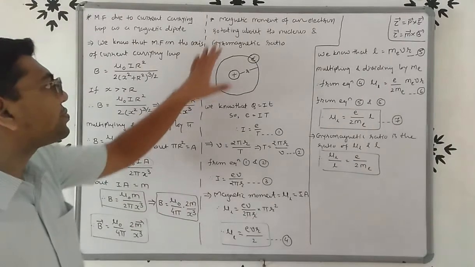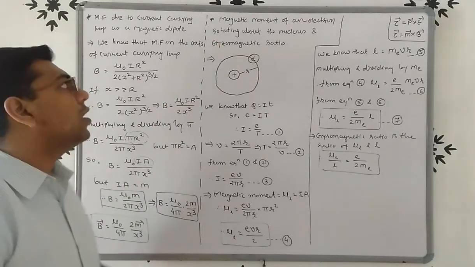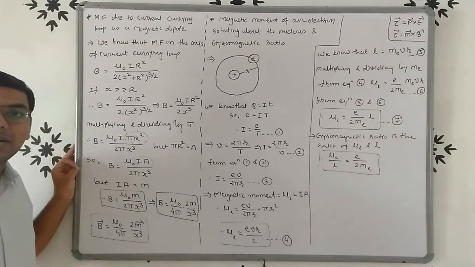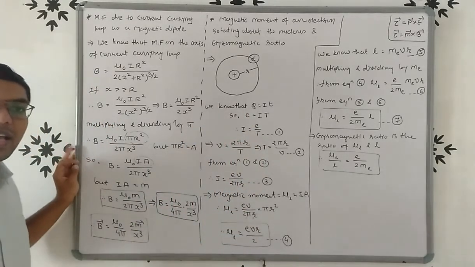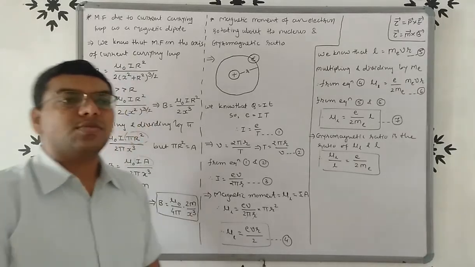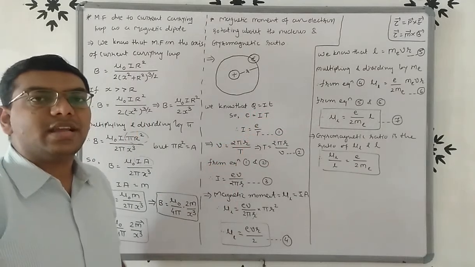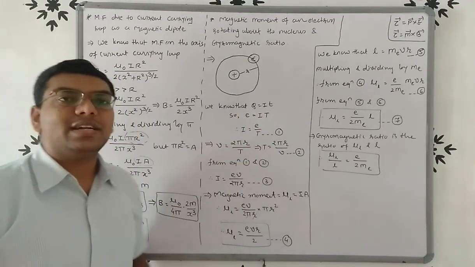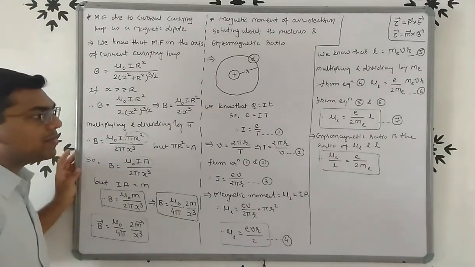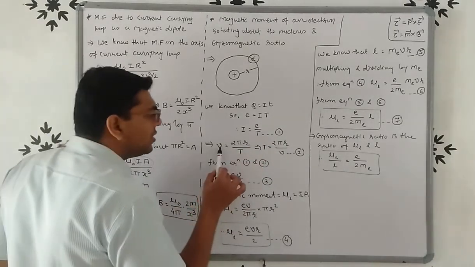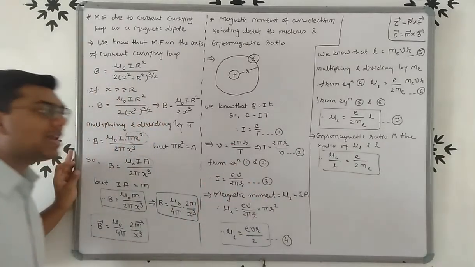Once again friends, to determine the formula of the magnetic moment of an electron rotating about the nucleus, we know that m is equal to I A. So first of all we derive the equation of current. We know that Q is equal to I t, so e is equal to I capital T. So I is equal to e by capital T, where capital T is the periodic time. To determine the equation of periodic time, we know that velocity is equal to distance by time. So v is equal to 2 pi r upon time capital T.